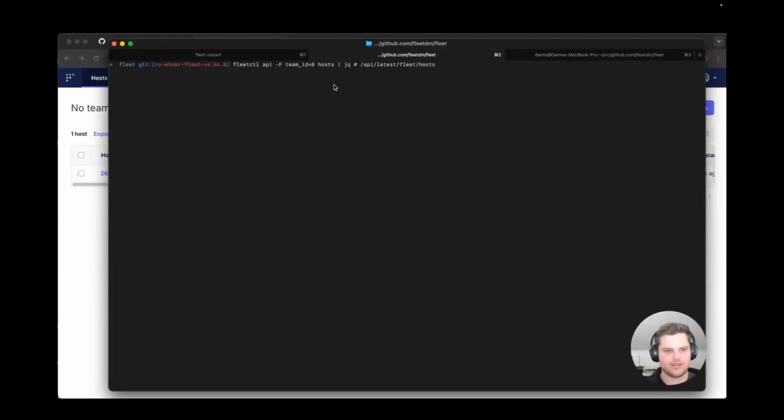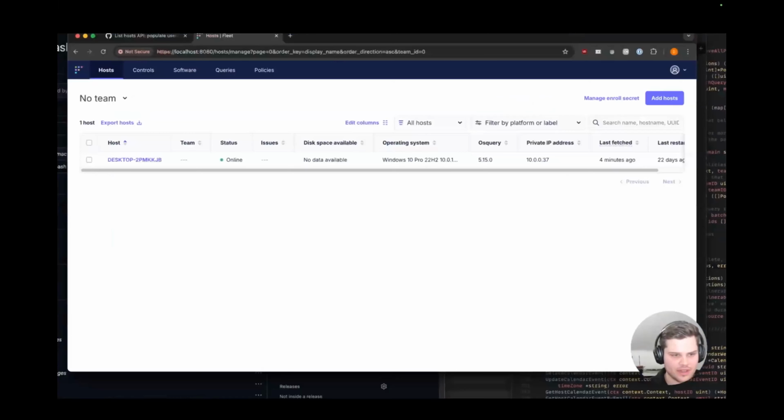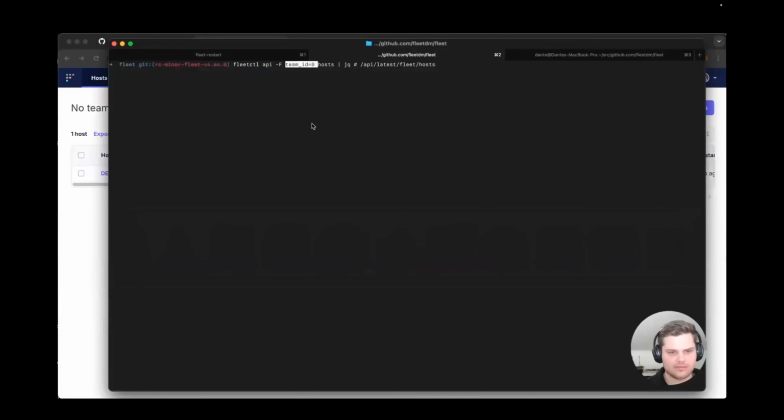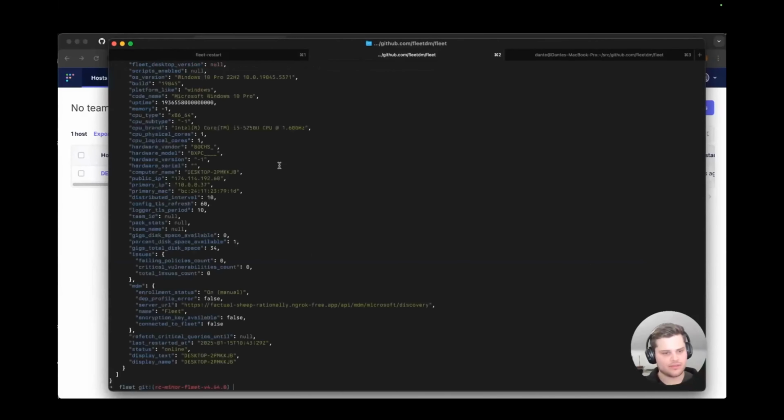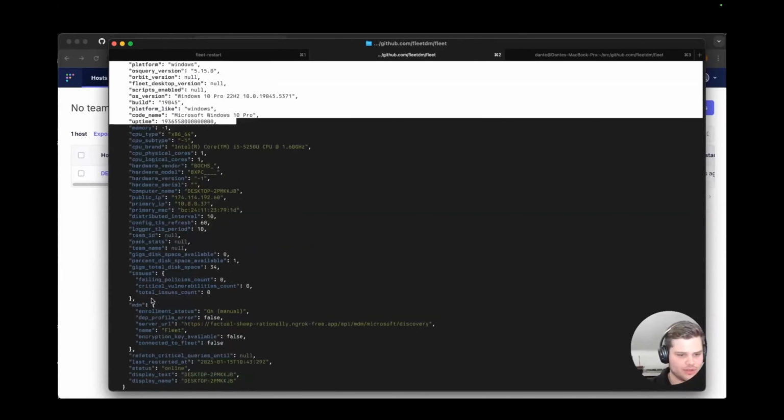What I'm going to use here for the demonstration is the Fleetctl API tool. It's just a way that is going to make it easier to get data out of the Fleet API, but effectively when I call Fleetctl API hosts, we're hitting this endpoint, API latest Fleet hosts. And here I'm just using team 0 to make sure I'm getting this team. We can see here, the regular response looks like this. We've got all the regular data, but you'll notice there's no